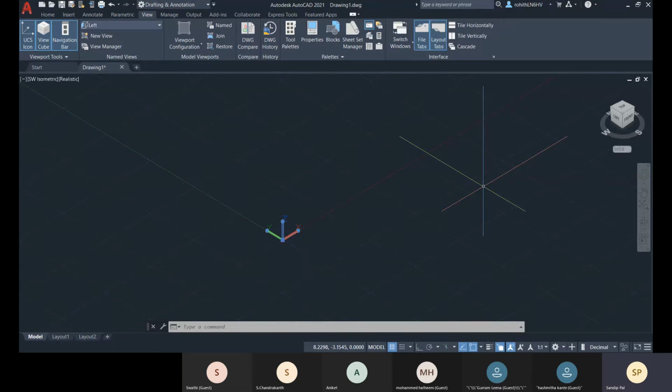That is also available here, as per our world coordinate system. But AutoCAD works according to the UCS. You will get all the results, all the work done here as per the UCS.